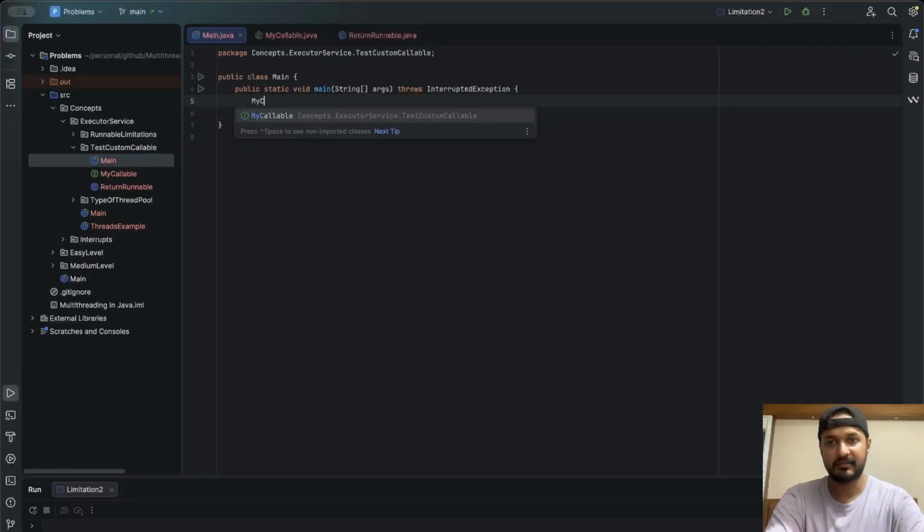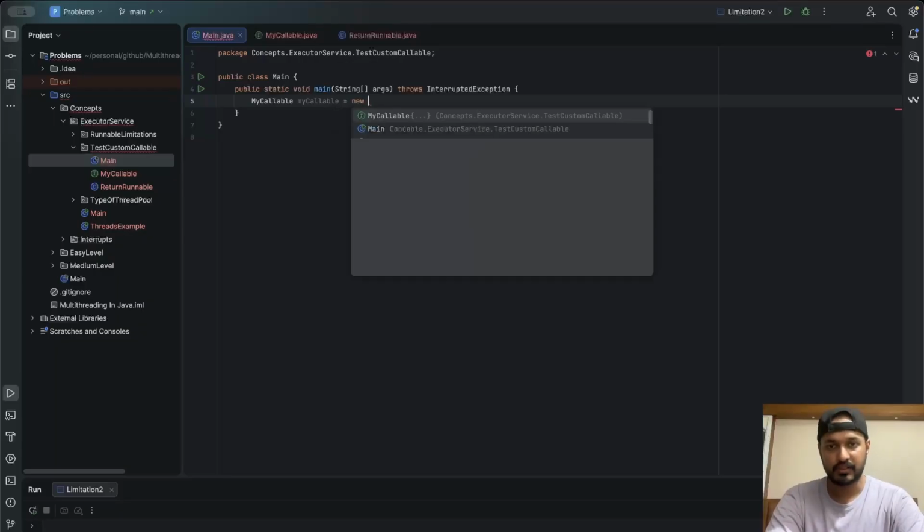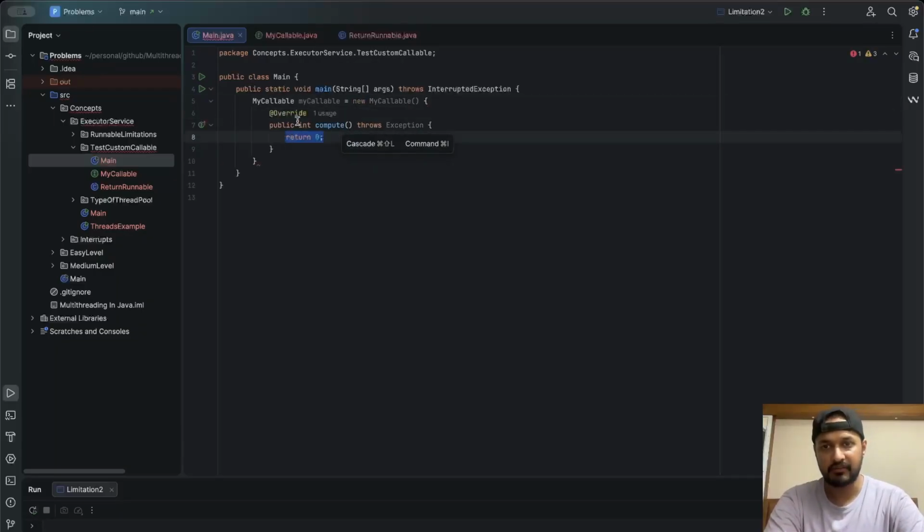So we'll write MyCallable equals new MyCallable, and we'll override the compute method. Since the compute method returns an integer, let's return 10 from here. So we have returned 10.